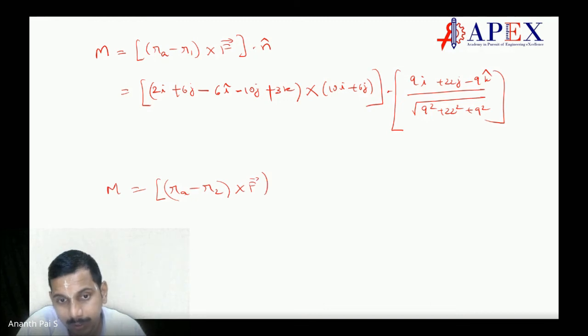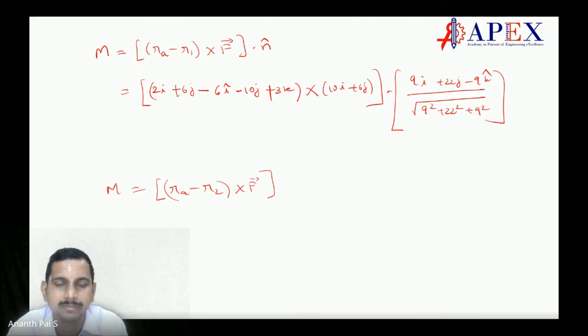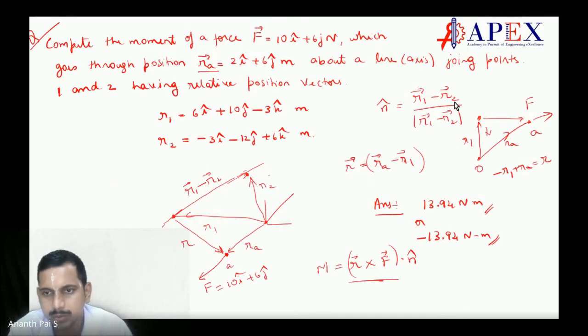And here, instead of R1 minus R2, we have taken R1 minus R2, right? You take R2 minus R1. Then see what you get. You say R2 minus R1. Do it now, students. It's a practice. Sir, R2 minus R1. Here we have taken R1 minus R2, is it not?